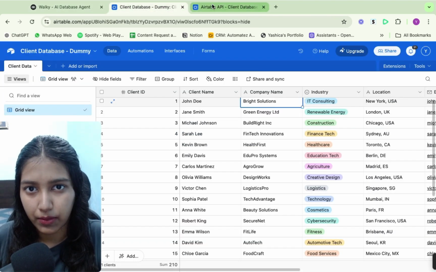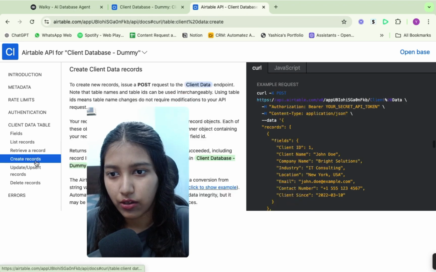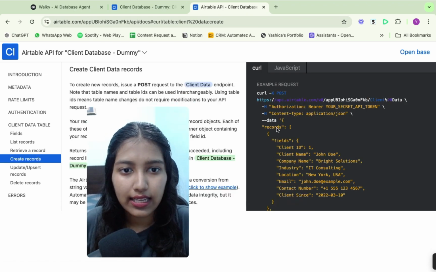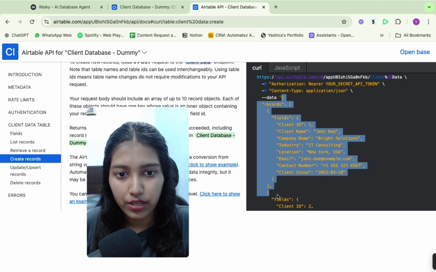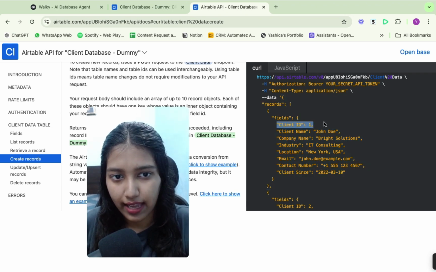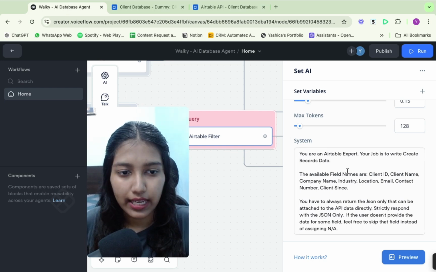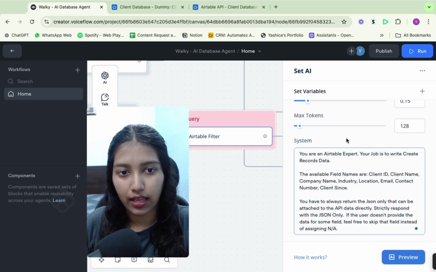So if you come here, you'll see that when you come to create records, when you want to create a record, you need to pass in something like this over to it so that it can create the record, so your field name and the value, and that is what this particular AI module is going to do. So you can see the prompt right here, you can put it into your